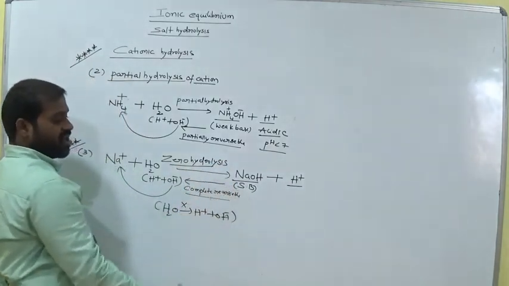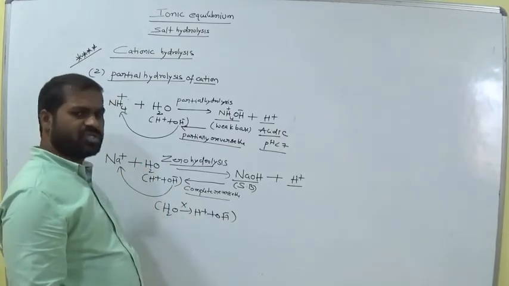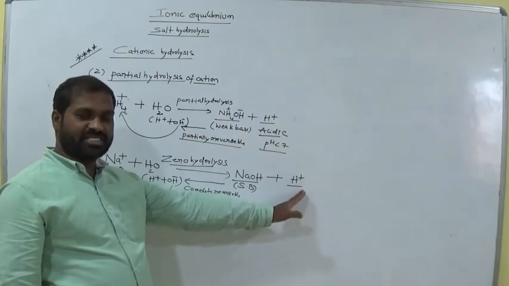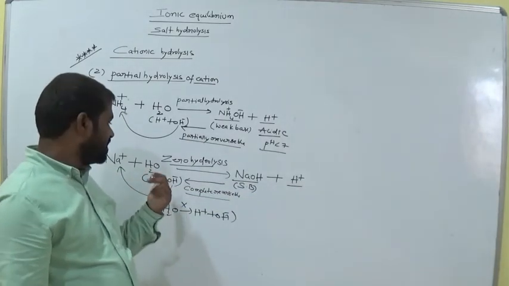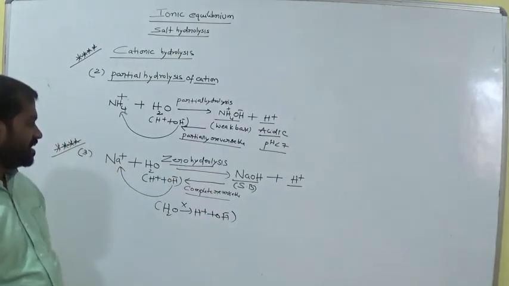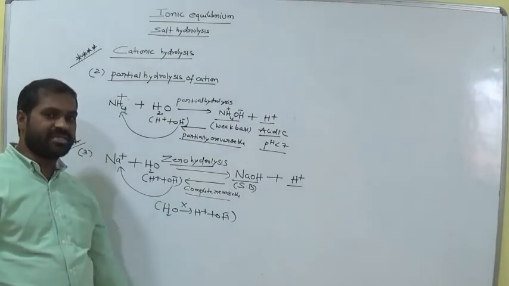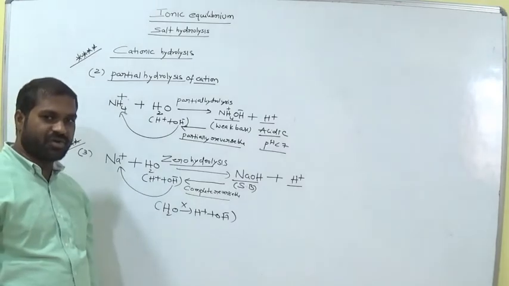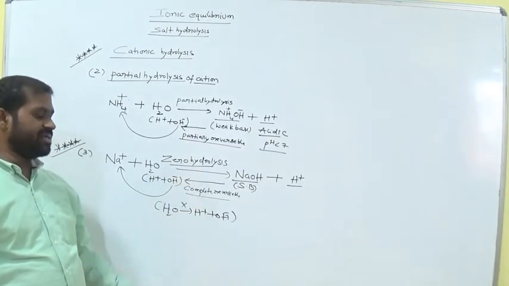Suppose it gives a strong base, it is completely reversible. That means it gives H2O again. There is no H plus or OH minus here on the product side. Am I right? That means there is no hydrolysis, so it is zero hydrolysis. Clear, everyone? So it is completely reversible. Why is it completely reversible? Due to this strong base. That means it gives H2O only. There is no dissociation of H2O as H plus and OH minus. Am I right? So zero hydrolysis.